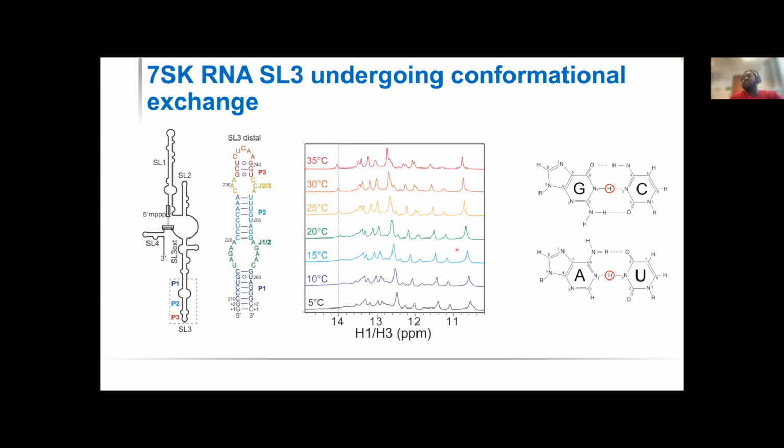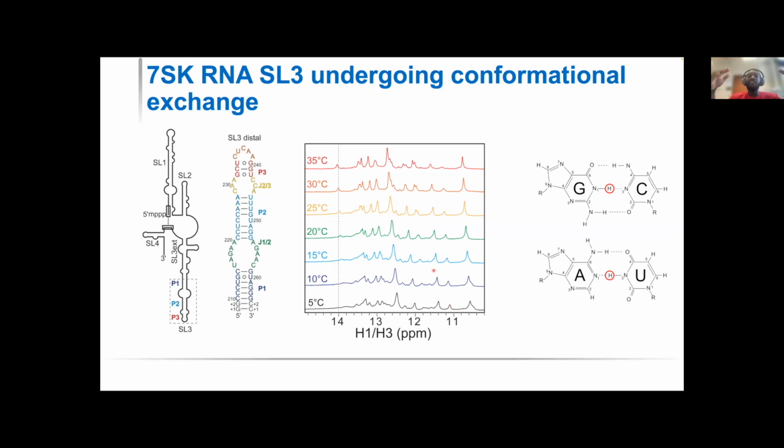We did a temperature titration from 5 degrees to 35 degrees, and basically we're probing for the imino hydrogens in our structure. Each base pair should be a peak. What we observed was that as we increased temperature, we saw some peaks becoming sharp, while some peaks become